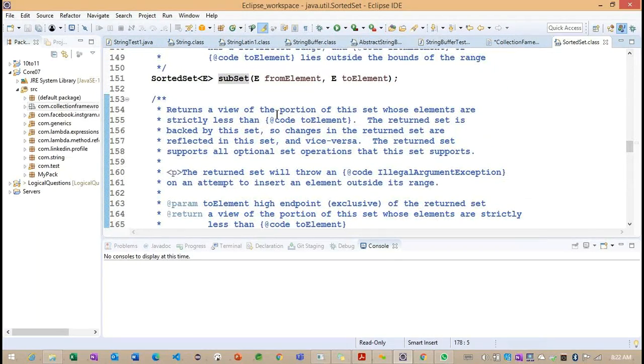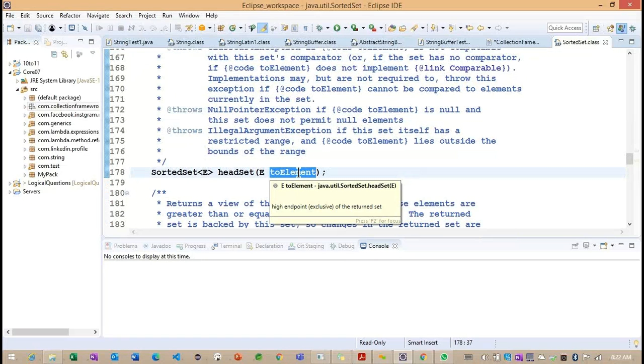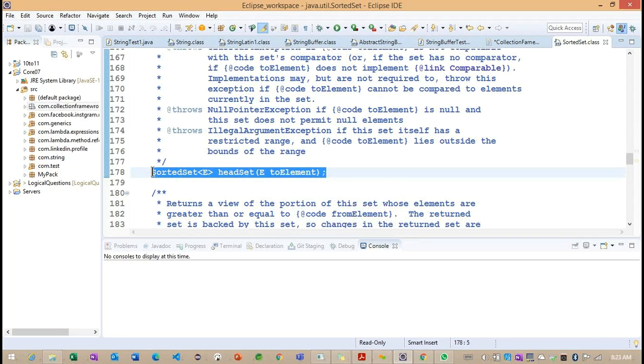Now you can see it will return the portion of the set of elements that are strictly less than the to element. Whatever element we pass, internally it checks how many elements satisfy the condition of being less than it, and those elements will be returned by this headSet method.